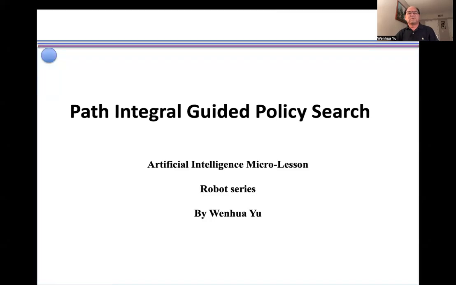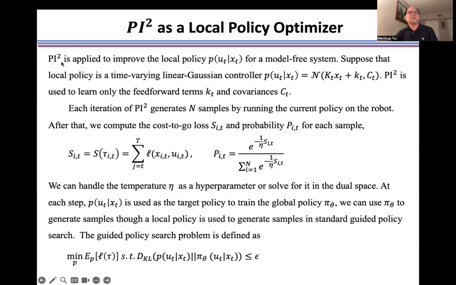Now I introduce path integral guided policy search. We have introduced how to use the PI-squared to improve the local policy for a model-free system. Now we use the PI-squared as a local policy optimizer to help search for the optimal policy to control a robot. Suppose a local policy is a time-varying linear Gaussian controller, P, which can be expressed as a Gaussian